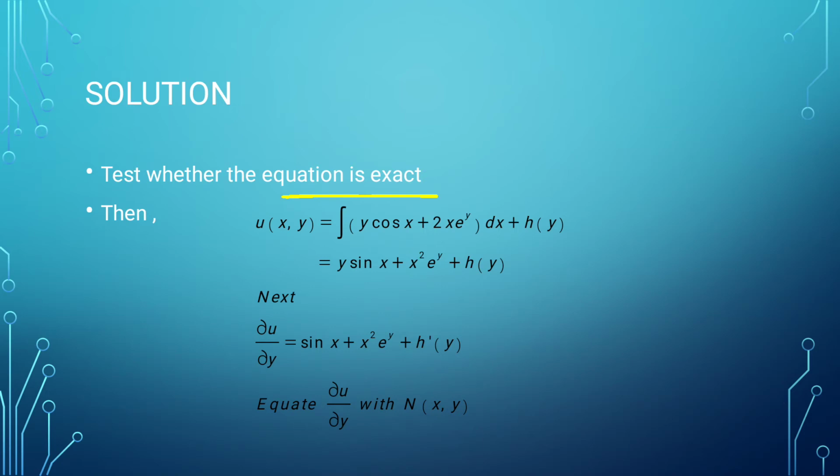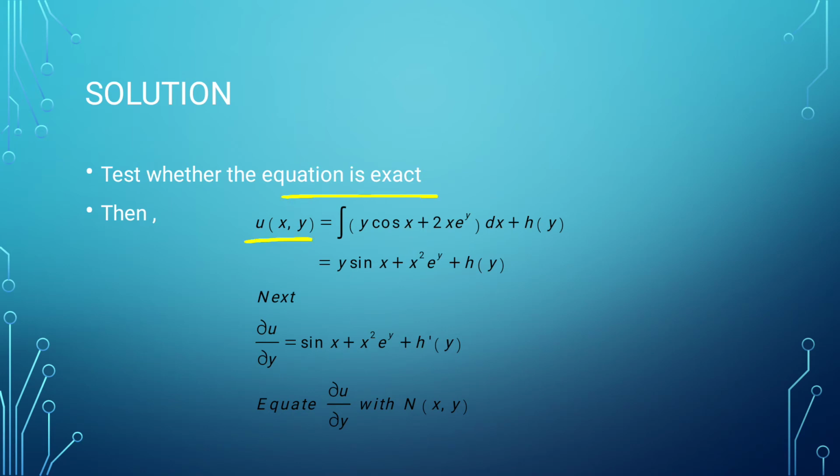If you've not got on this, kindly check on the previous tutorial. You'll see how we check for exactness. So in this case, the equation given here is exact. So what we need to do now to solve it: